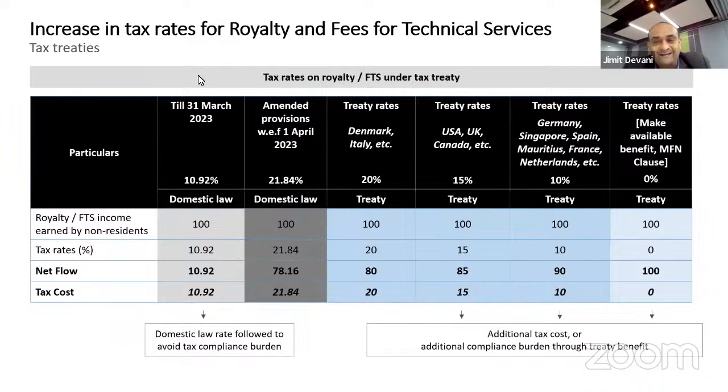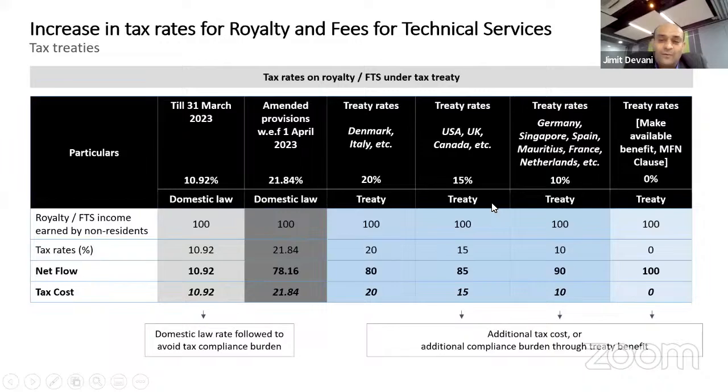If they are not filing the tax return in India, they cannot technically give that explanation or declaration that they are compliant with the law, because technically they are supposed to file their tax return in India. And if they do not file it, if they're claiming a tax rate of 10%, then they are in violation of the law. So basically, there are four situations: 20%, 15%, 10%, or 0%. In all the cases, unless you are paying taxes as per 21.84, you are supposed to file your tax return in India mandatorily.